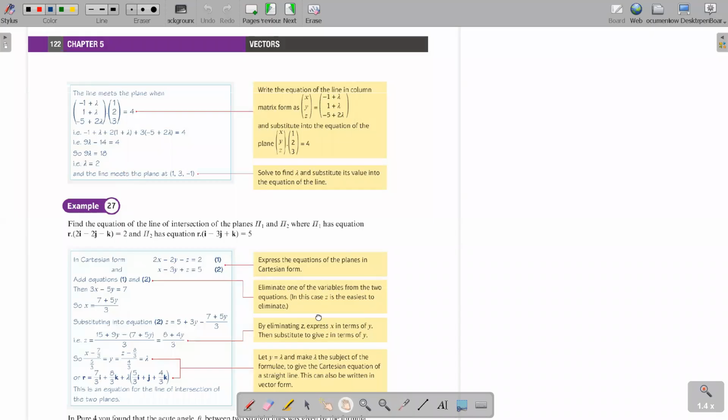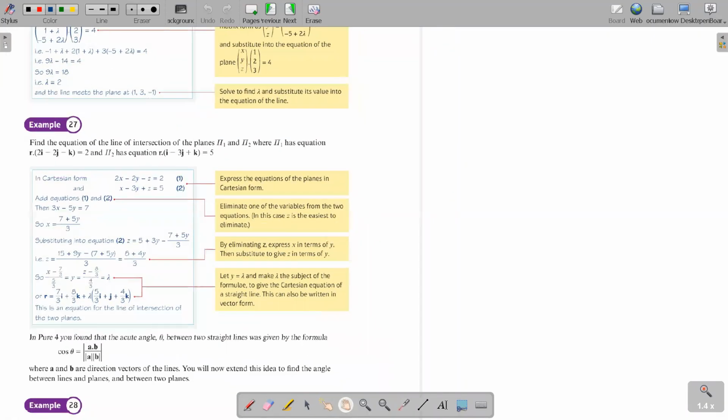Then I think the most challenging aspect here is getting the intersection of two planes. Why? Because a line and a line intersect at one point, and a plane and a line also intersect at only one place. But when you consider two different planes, how do they intersect? Does it intersect at a single point? Planes don't stop here. The plane is extending, right? The plane goes on forever.